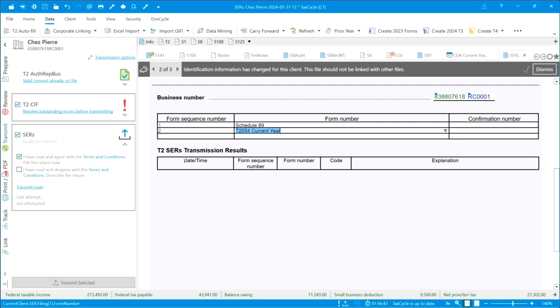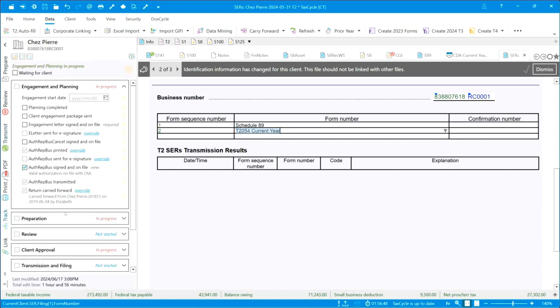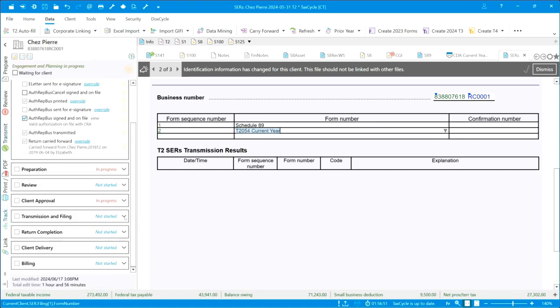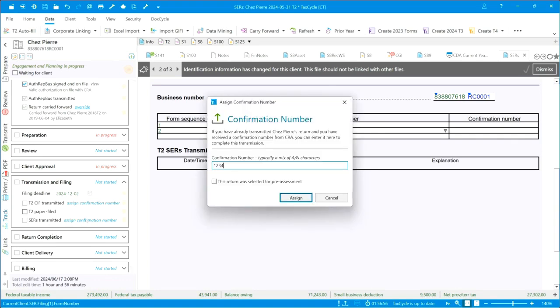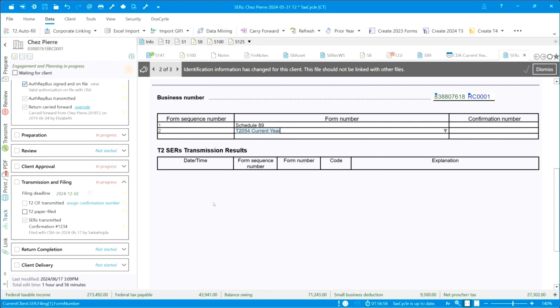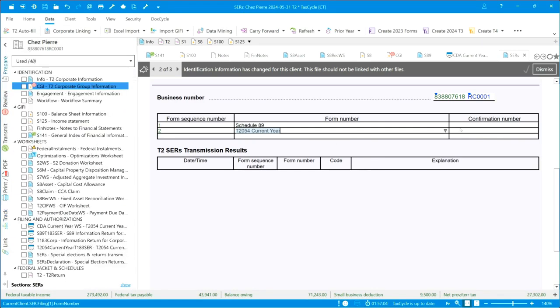Now this is one of the ones that will not transmit for me. So I'm going to fake it by going into my workflow, into my transmission, and I'm going to assign a number here just so that clears. And oops, that was this one. All right, so